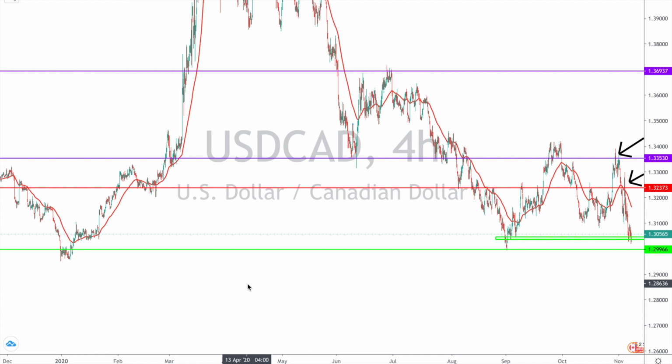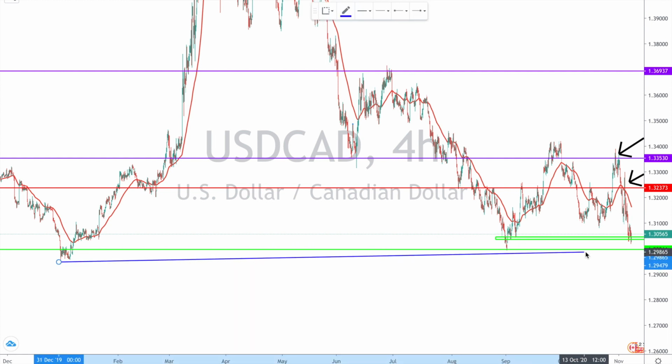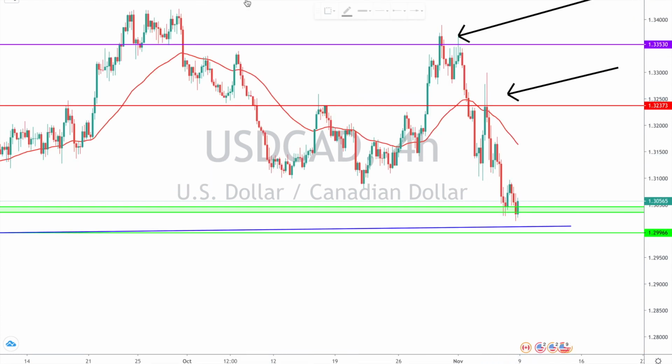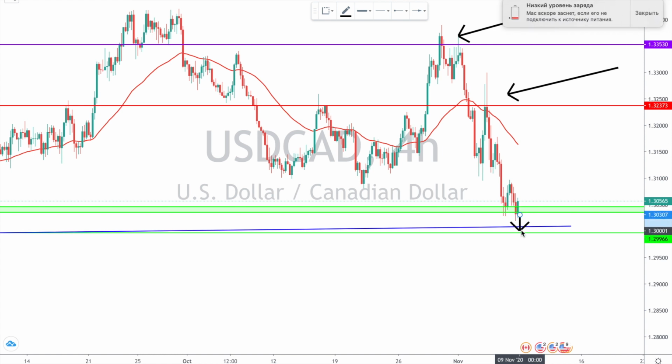So for our bearish scenario, we should go back right to January 2020 and draw a trend line, as you can see right here. So we connect these two swings right here. To confirm our bearish scenario, we want price to break right through that longer term trend line, and